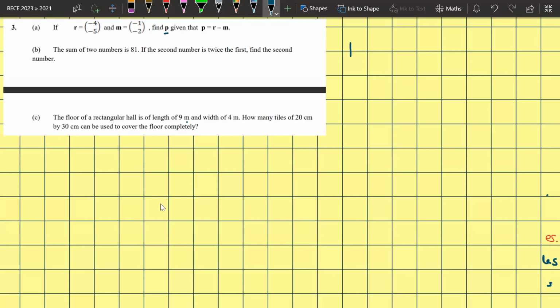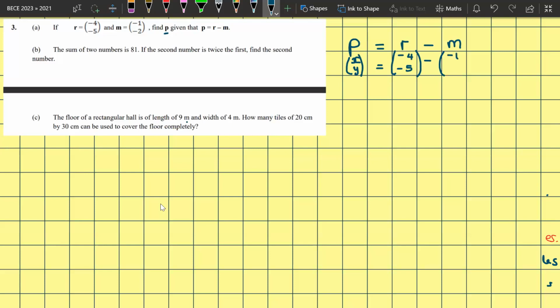Okay, so given that P is R subtract M. So P is R subtract M. Now our column vector P would have X and Y components. So to get P, we are going to subtract the X components of each column vector and the Y components of each column vector. So (-4, -5) subtract